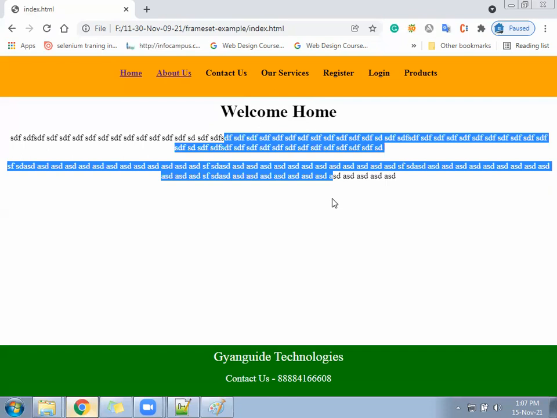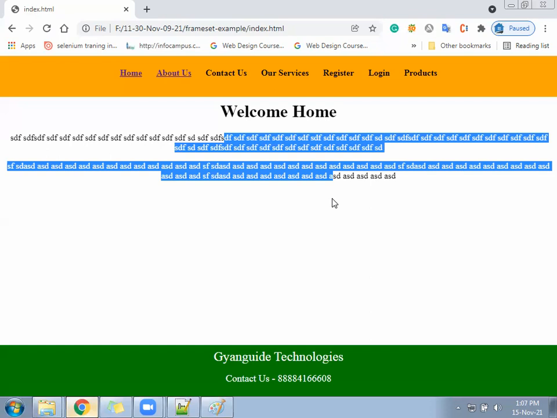Otherwise, what will happen? When you click, the request will go to the server. The server will not say no, I will not give it. The server will say, please wait, I am busy, I will give you the data, I will process your data in 1 minute. By then your user has to wait in front of the screen. If you reload everything, on one side a server is processing 1 MB of data, on the other side a server is processing 3 MB of data. Whose output will be fast? 1 MB of data. Correct?